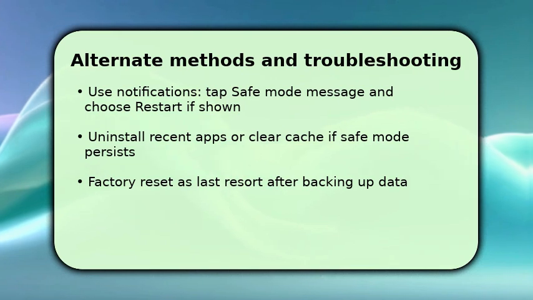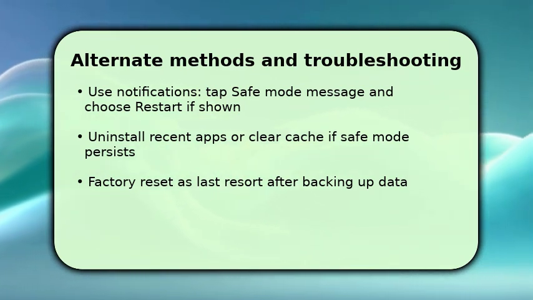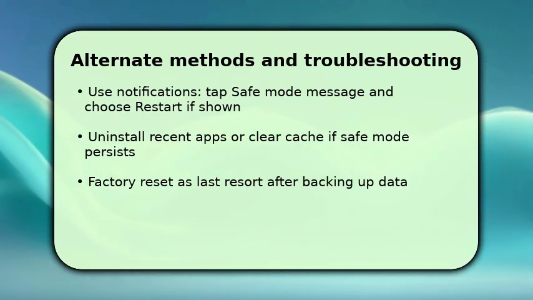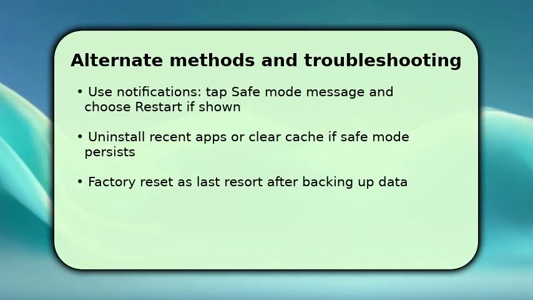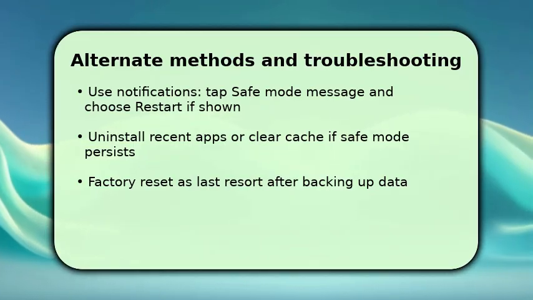Once done, if safe mode returns, you should uninstall apps installed right before the issue or clear system cache and recovery to remove problematic data. Make sure to back up photos and contacts before attempting a factory reset. Use reset only as a last resort because it erases personal data. If problems continue, visit a service center for